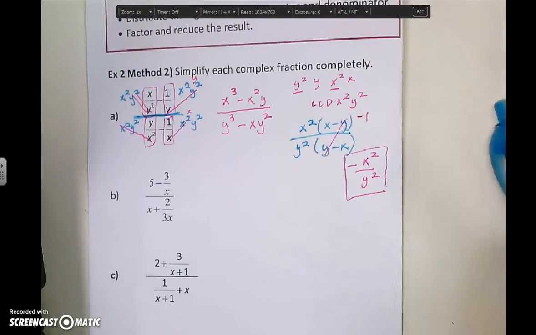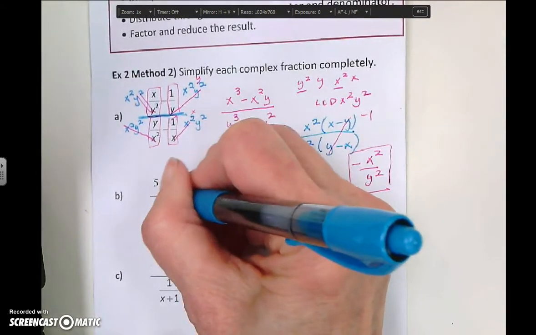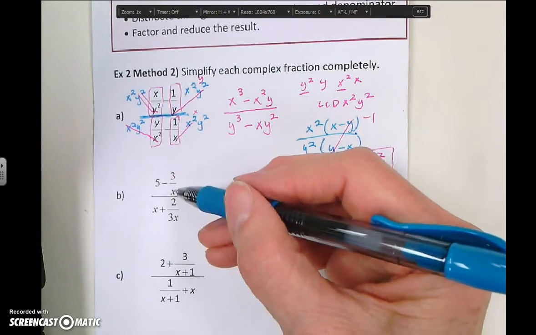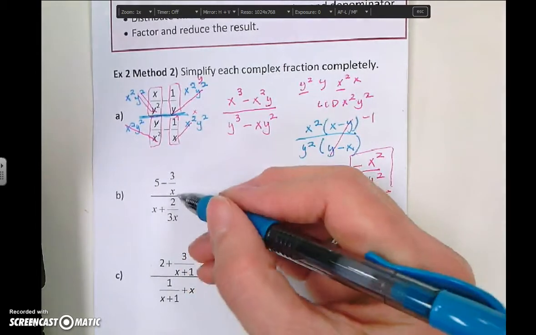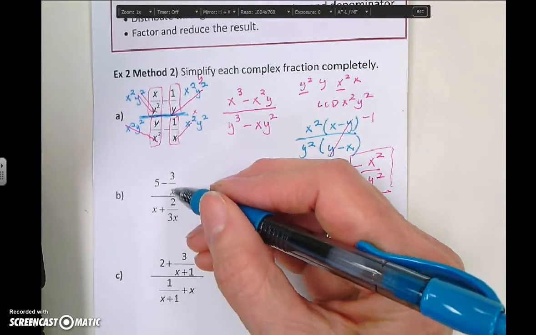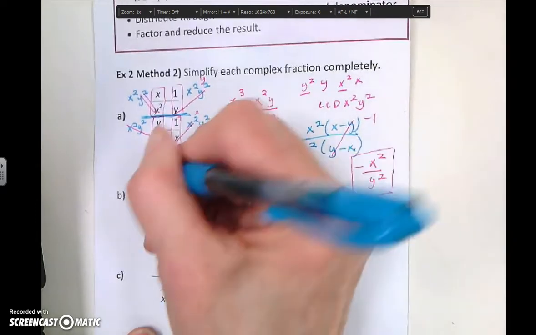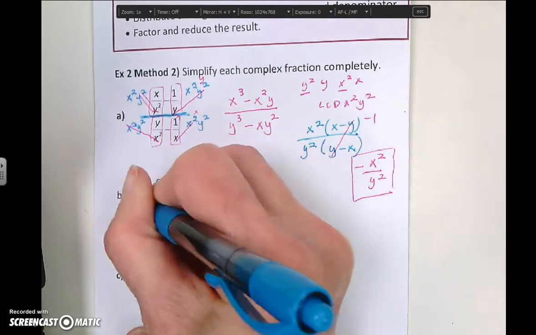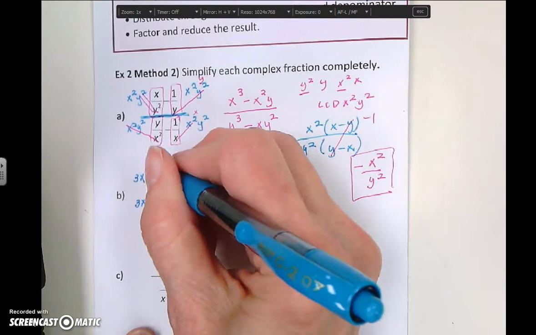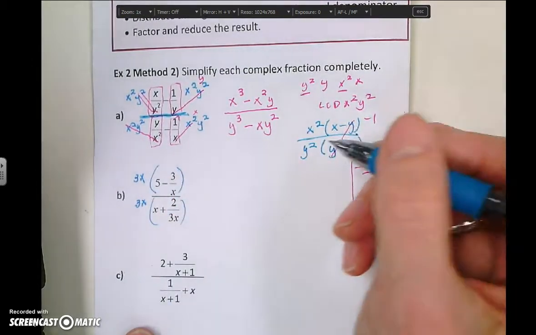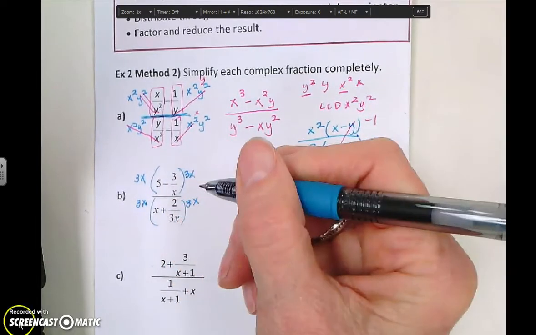All right, so let's look at another example here. So on this one, I have a couple little fractions. I have this 3/x, so I have an x, and I also have a 3x. So these are what I'm going to be looking at, the x and the 3x. So the LCD for those two things is going to be 3x. So that means that I'm going to multiply the numerator and the denominator by 3x and distribute it through both of those. So again, I'm going to write it on this side as well,